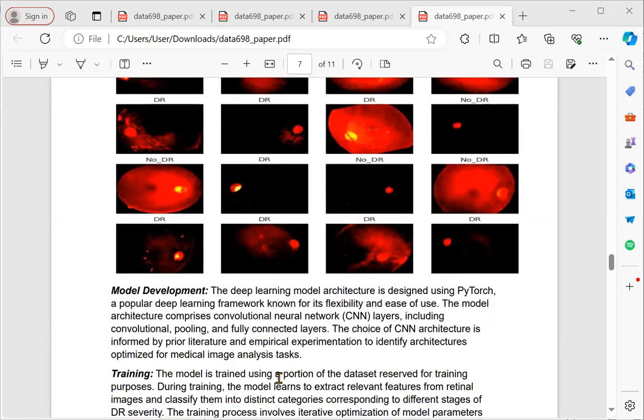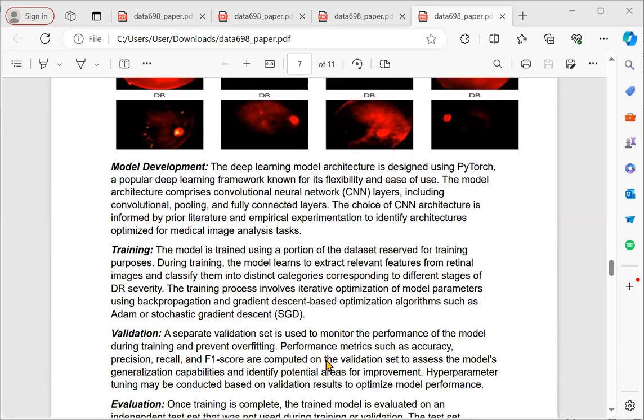The deep learning model architecture is designed using PyTorch. We use Jupyter and the PyTorch library. We installed the PyTorch library using pip install, and we installed several libraries, and then we started the coding. The deep learning model is in Python, using PyTorch, a popular deep learning framework known for its flexibility and ease of use. The model architecture comprises convolutional neural network layers, including convolutional, pooling, and fully connected layers. The choice of CNN architecture is informed by prior literature and empirical experiments to identify architectures optimized for medical image